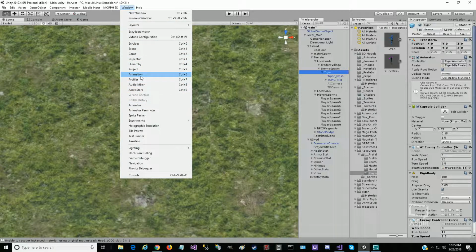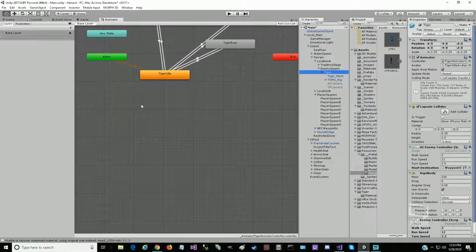Now, there's an animation window, but that's different than the animator. The animator is setting up the transitioning between existing animation clips. The animation window, from my understanding, allows you to actually create new animations. So I'm working with the animator,